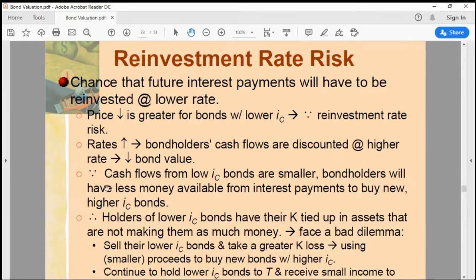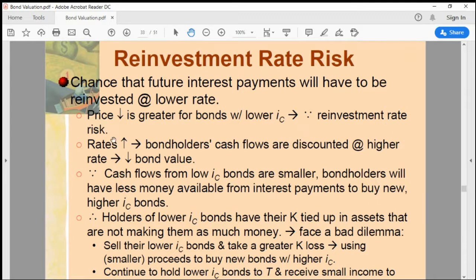In other examples, there are chances that the future interest payments will have to be reinvested at a lower rate. Price goes down. Price drop is greater for bonds with lower coupon rate when interest rate goes up, right? Interest rate goes up, price falls, and the price drop is greater for bonds with lower coupon rate,